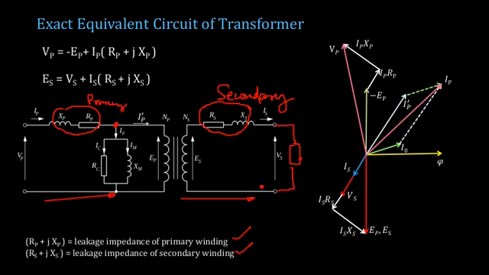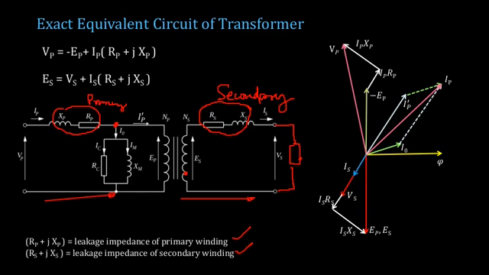Now we'll come to the phasor diagram. You need to understand the phasor diagram very clearly. How can you represent this phasor diagram? We'll start from the secondary side because we already have I0 current flowing, which is composed of IC and IM. Now how does the transformer actually work? Once the load is connected, the load draws some current from the transformer. Once the secondary current starts flowing in the secondary winding, you will have some flux generated in the winding.